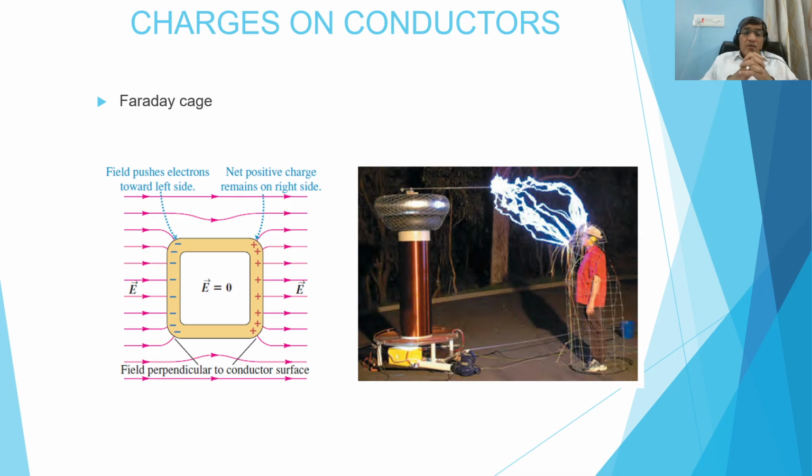In simpler words, if you have an external electric field and you want to save yourself from its effect, you just create a cage of conductor and put yourself inside that cage. Then if anyone tries to hurt you by applying the electric field, it will not harm you, because the property of a conductor is that the electric field inside it is always 0. So the effect of the outside electric field cancels out with the charge of the conductor.